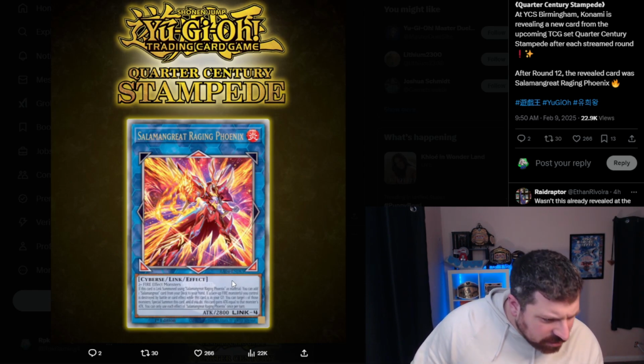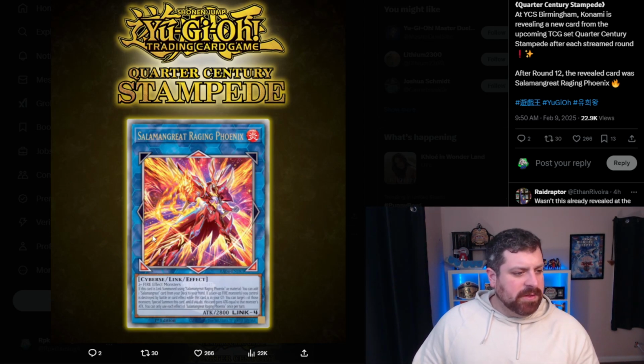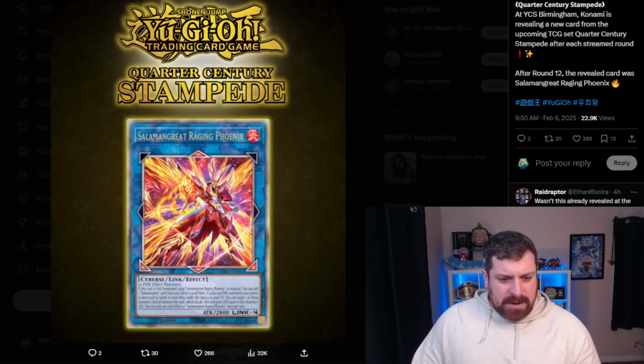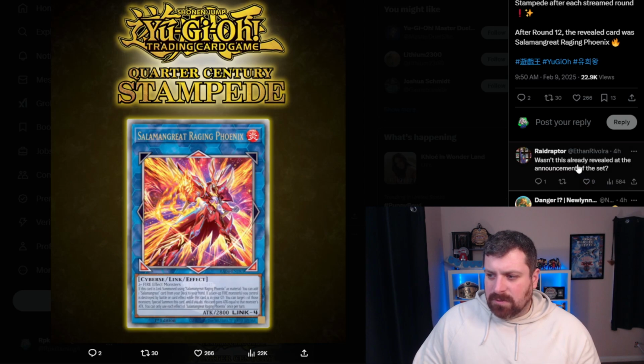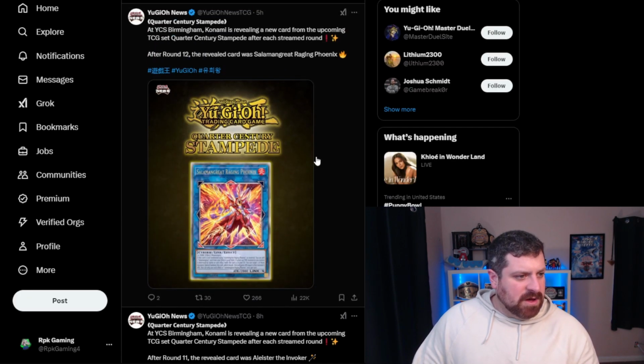It's got the set code 83, so it's going to be in the main sets. We're going to get all the different rarities for it. I think that'll look pretty sick as a Collector's and Ultimate Rare. It's got pretty cool art. It would definitely look good as a QCR as well. But apparently, looking at the comments here, it was already revealed, which does kind of make sense. I feel like I did hear this one already. But Salamangreat, hey, I've always been a fan of tossing some salad,